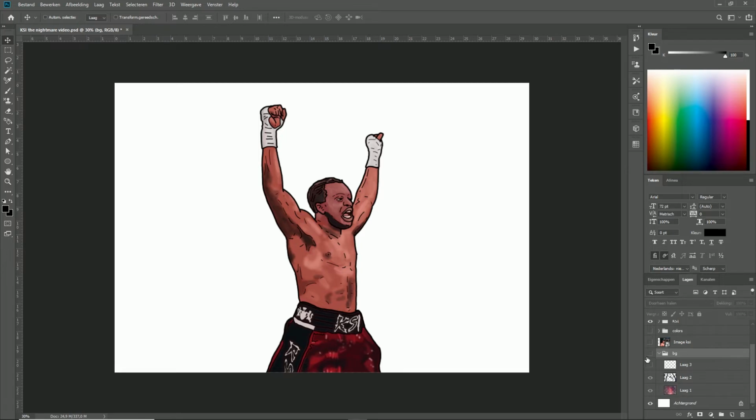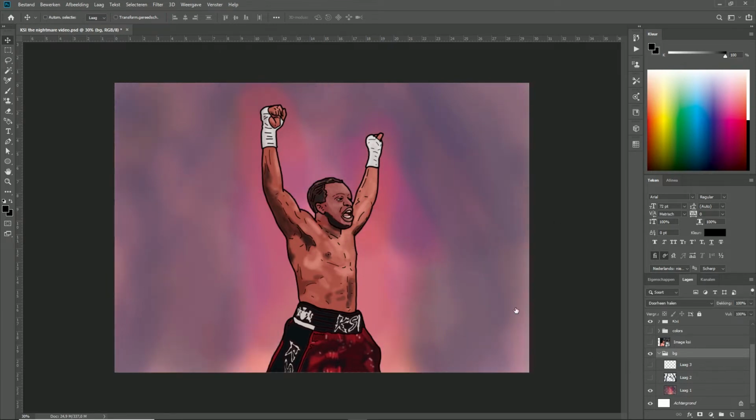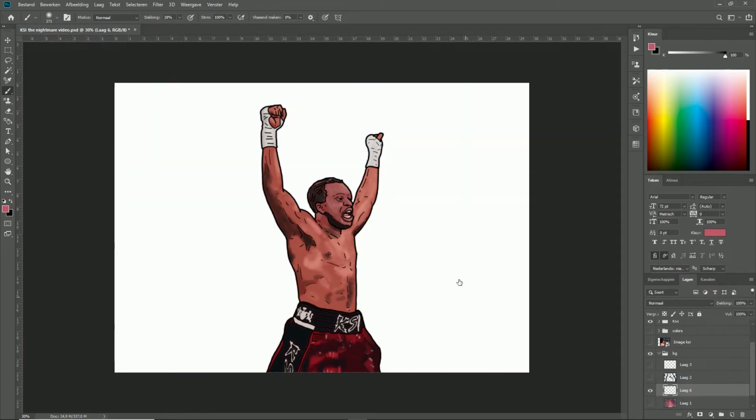The background is actually, again, very easy to do once you understand how it works. So this is the background color I chose to use, and how I did this, again, very easy. I just selected a couple of colors that I liked, and what I did was work with low opacity with a soft brush, and just started adding some colors in,